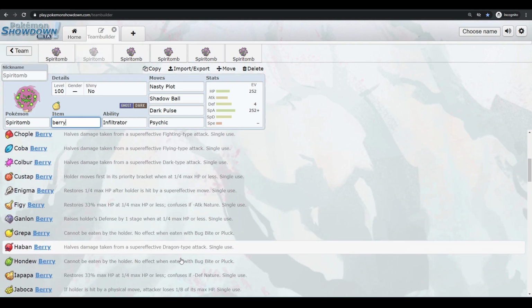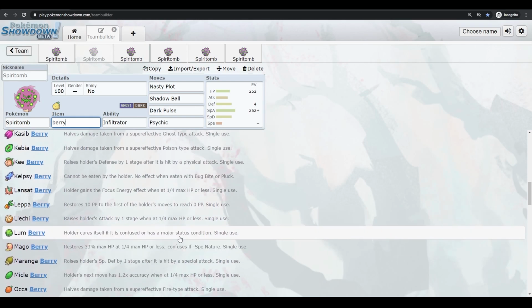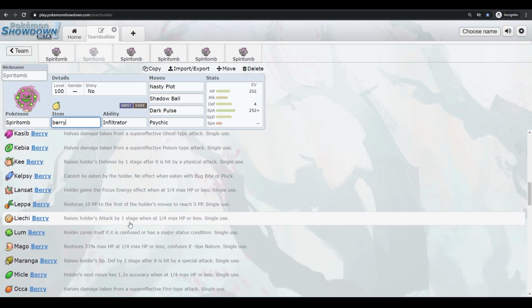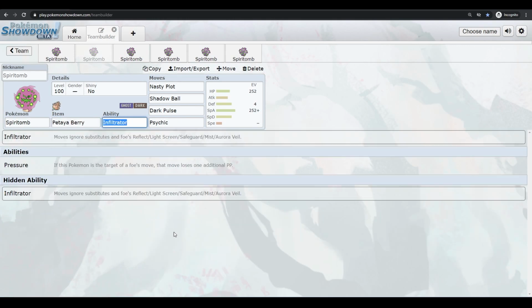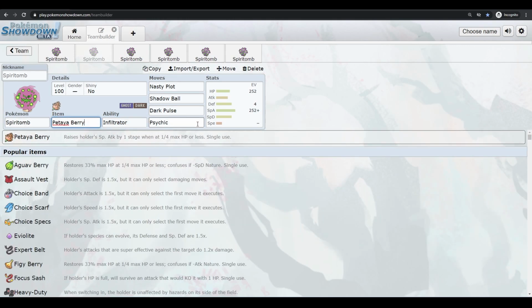If I don't see it, I'm gonna give up on it in a second, because it's pretty much the special version of the Lychee Berry. It raises your special attack when you're under 1/4. So you can run that instead. You can run this berry too if you're feeling like